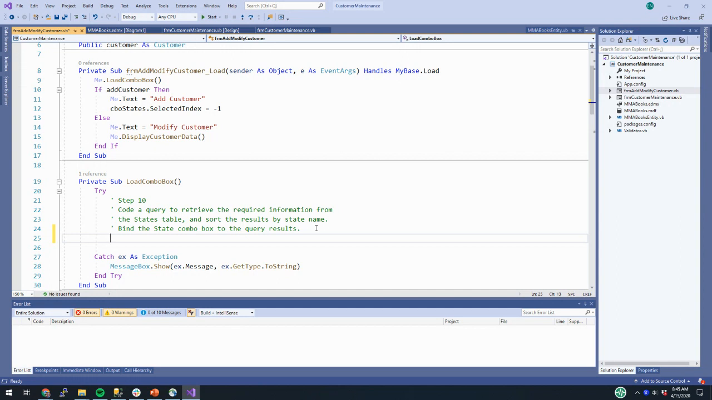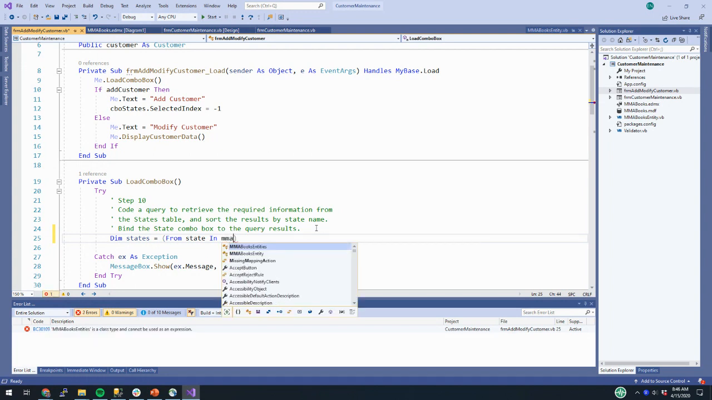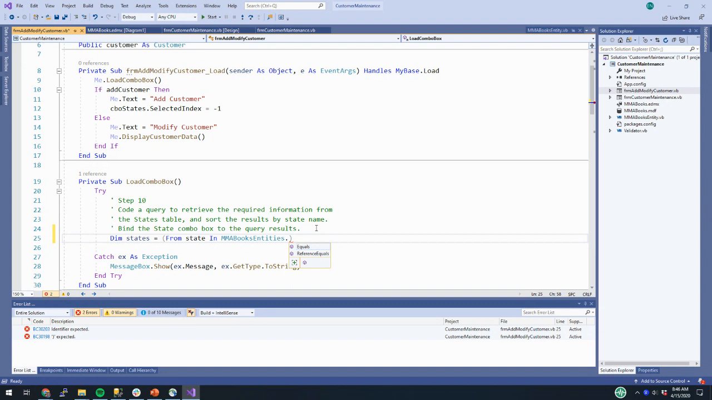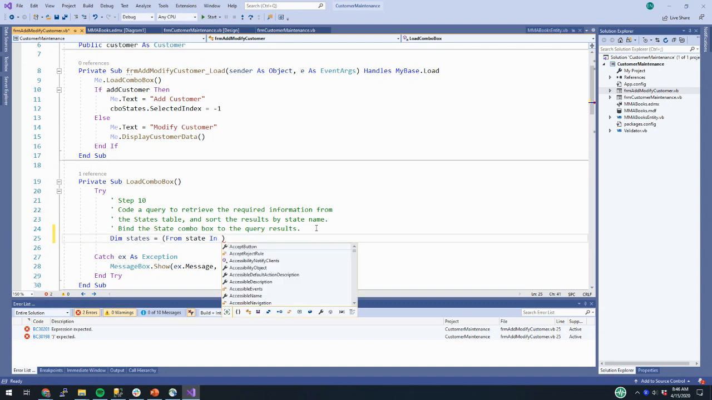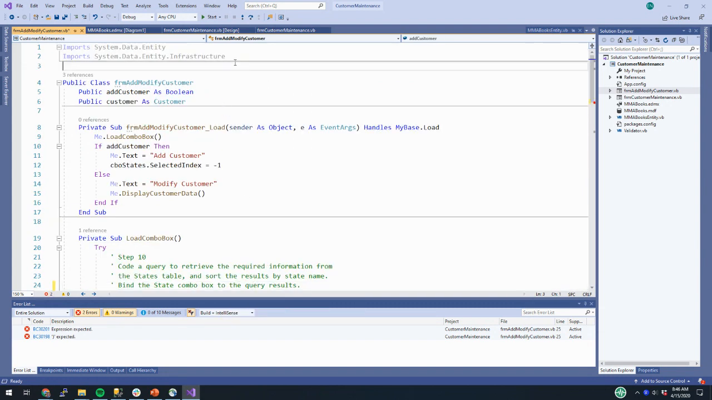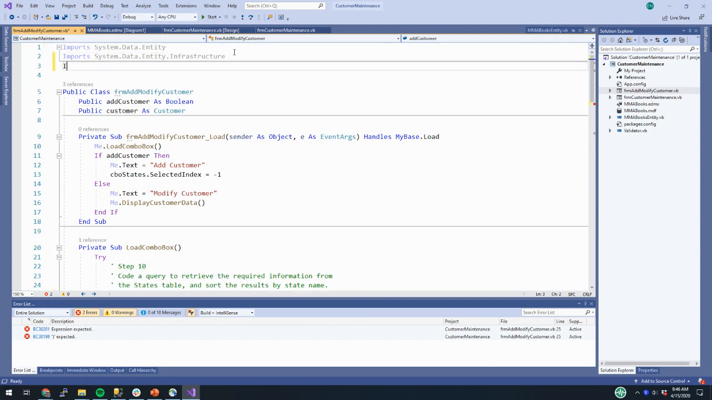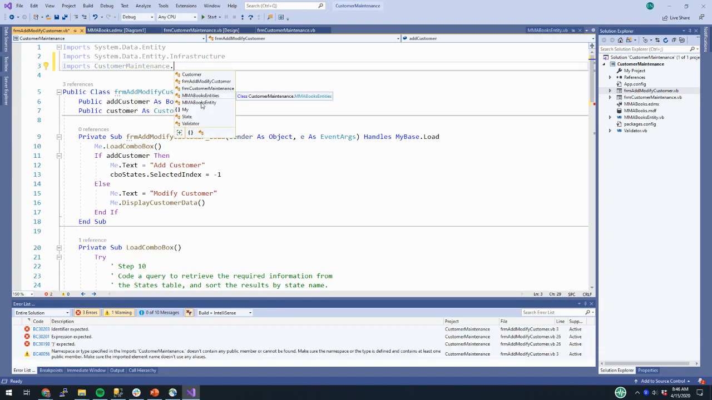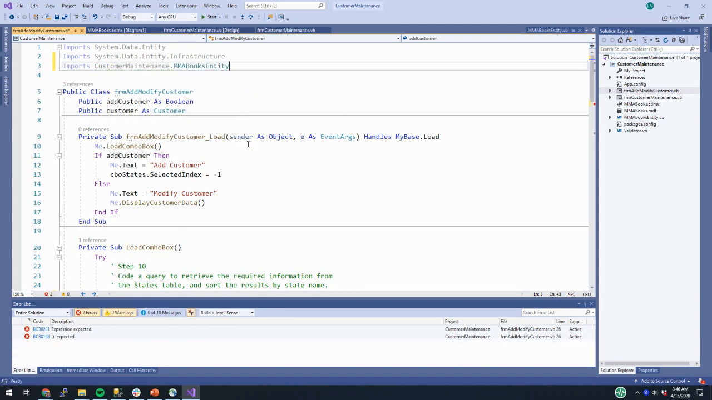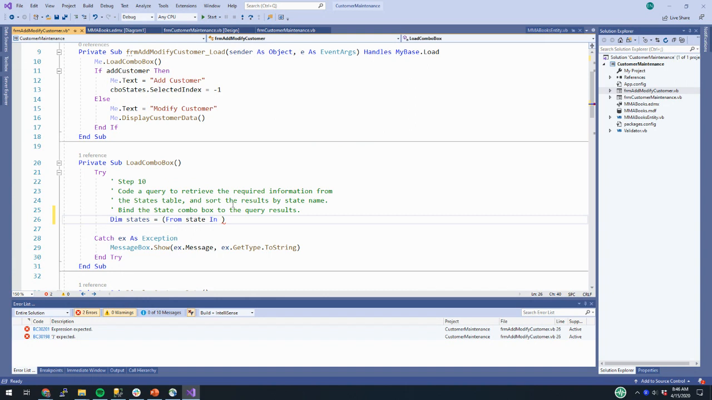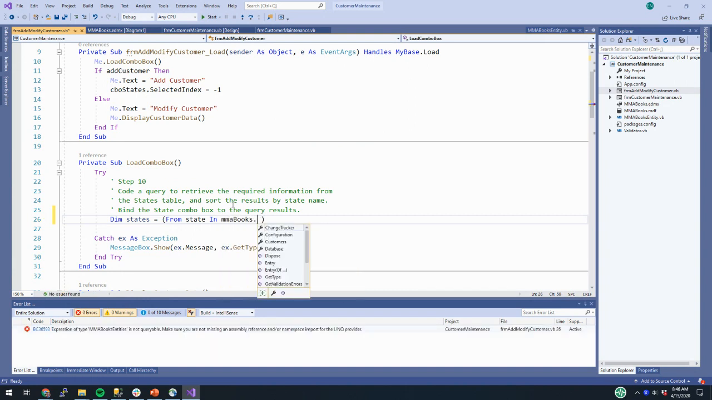a states variable, but we can't query the states table yet, because if I do dim states equals from state in MMA books, notice MMA books is not available to me. It keeps overriding into that because we didn't import it at the top of our class. So make sure we have that. Imports customer maintenance dot MMA books entity. Now I can say from state in MMA books dot